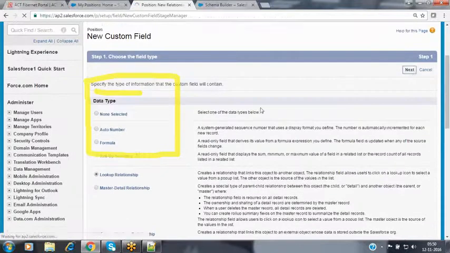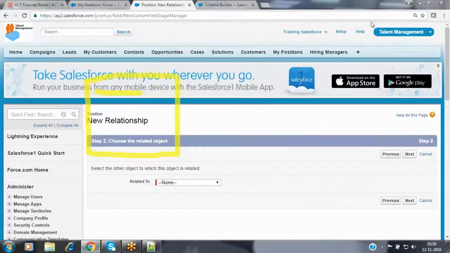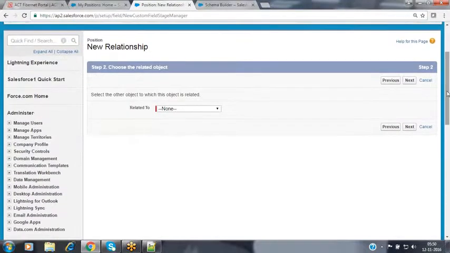Go to the next button. Now select the parent object to which this child record has to be associated. Whenever you are creating a new child record, it has to be referenced to a parent record. It has to be associated with a parent record. So what will be the parent object with which you want to map the association? You could map the association with the account object, with contact, with a customer object, with the hiring manager object. Which object do you want to map the association with? Now, what is the parent object?